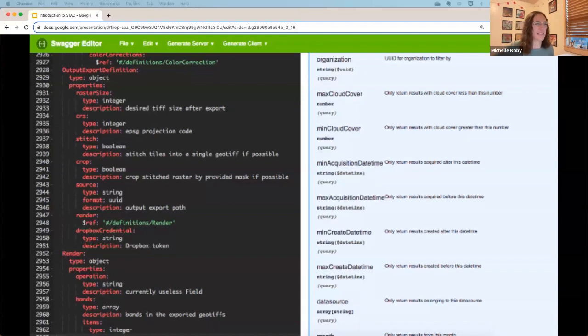For an example, if that doesn't make sense to you, a classic example for this is cloud coverage. One portal might have cloud coverage marked as cloud_coverage, and the range might be 0 to 100. While another organization might have cloud cover, so a slightly different name for that attribute, and their range being from 0 to 1.